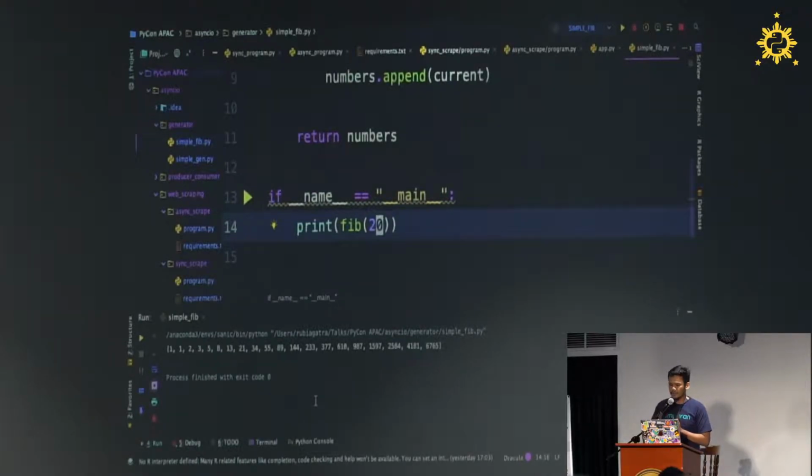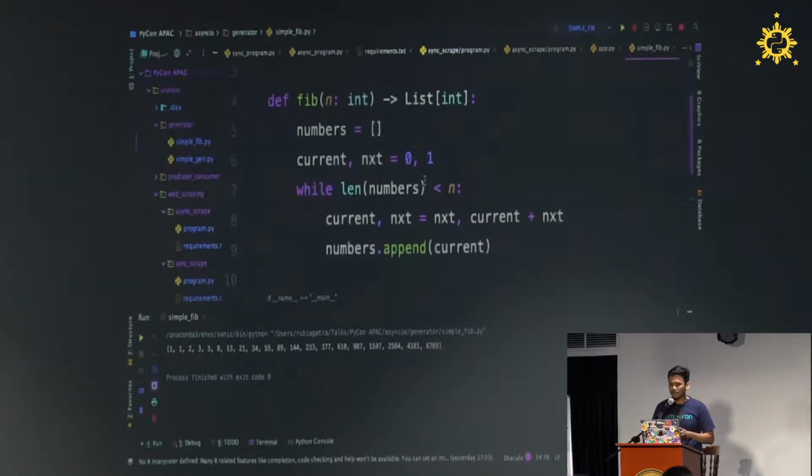But if we want to use this function, we can give an input and receive a result, like how many Fibonacci numbers you want. But because the Fibonacci sequence is infinite, if you want to search the Fibonacci sequence beyond 10,000, you cannot do it with this function.